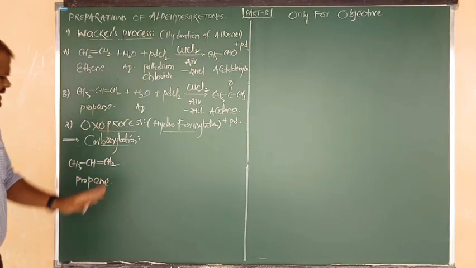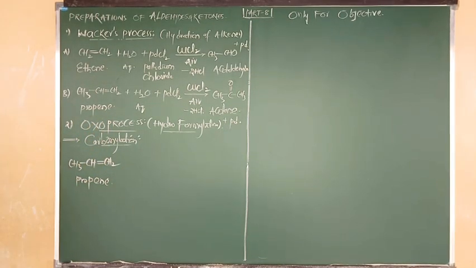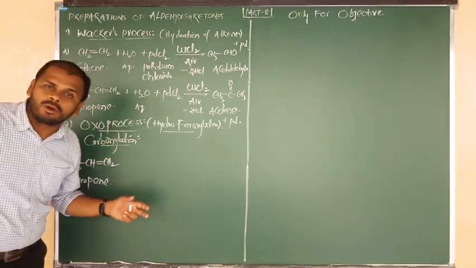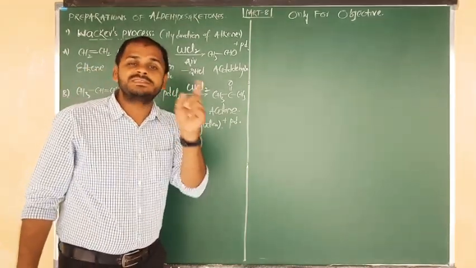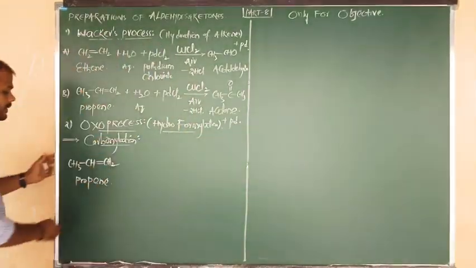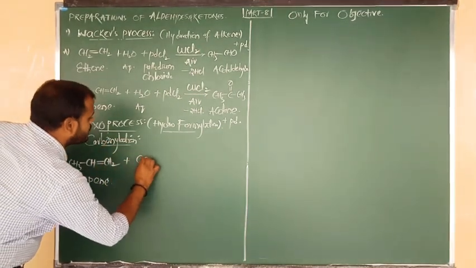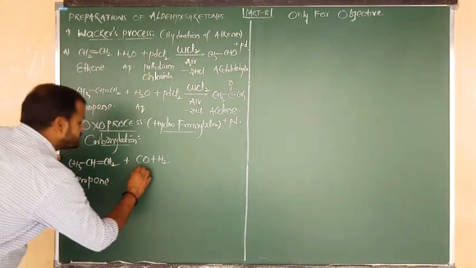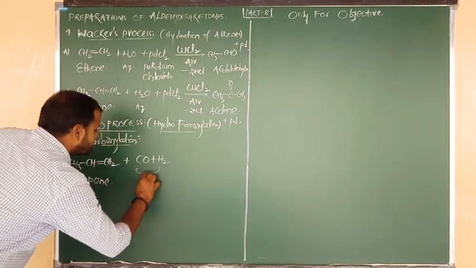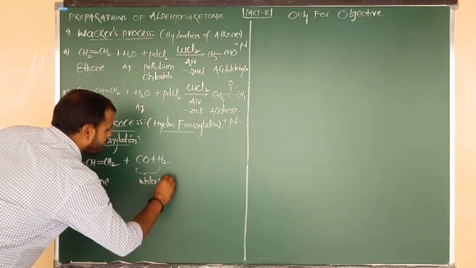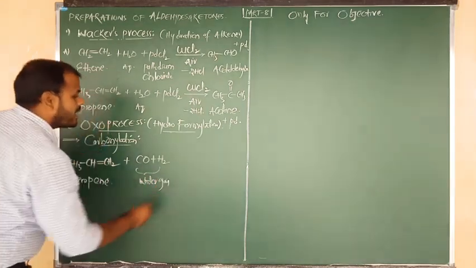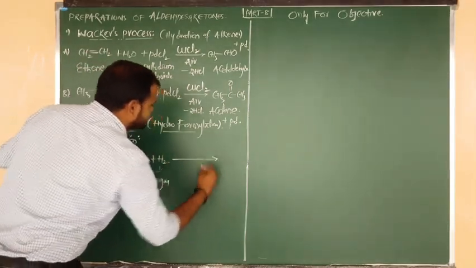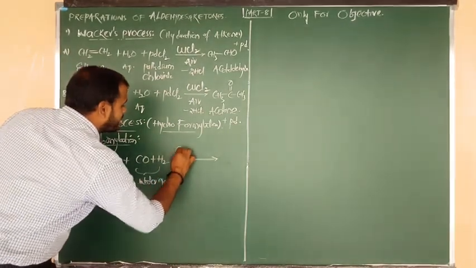So in the Oxo process, alkenes undergo reaction with a mixture that is nothing but water gas. Try to remember. In the Oxo process, which mixture are we taking? Water gas, and you know the formula very well. What is the formula of water gas? CO plus H2. So this water gas mixture we have to consider here. Very important, a question was repeated: what is the catalyst in the Oxo process? Important. So here I am going to write the catalyst formula.